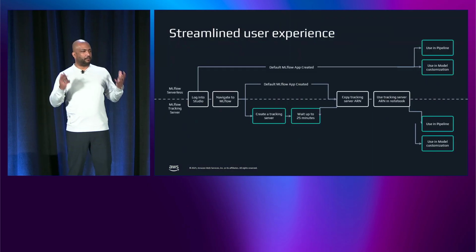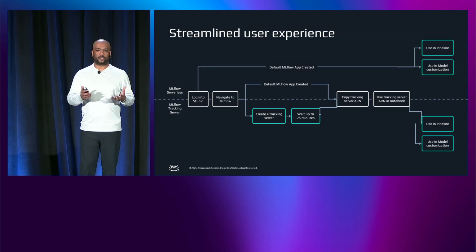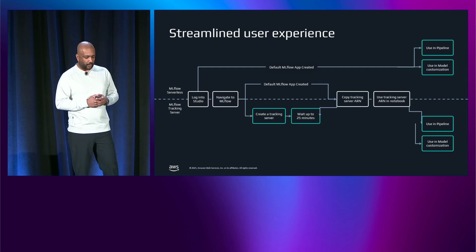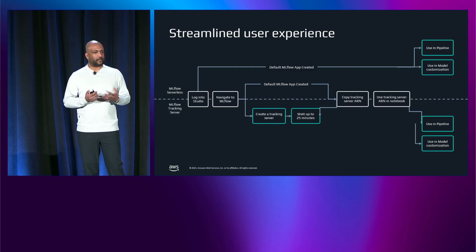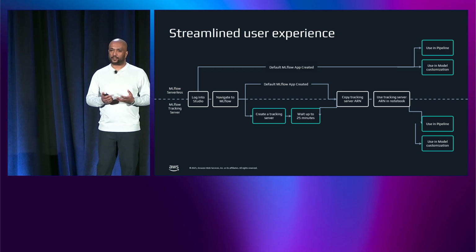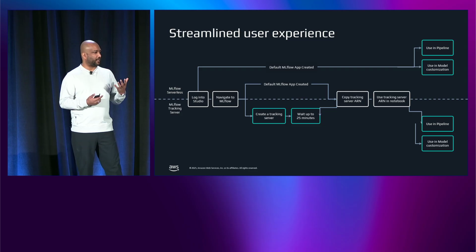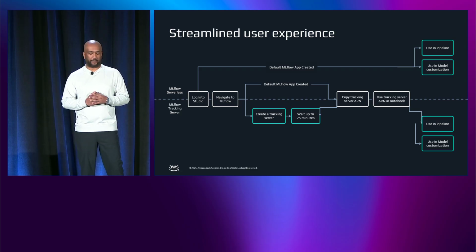So just to put that in perspective, you can see at the bottom here, this is our existing flow as it exists today. As a data scientist, what I would have to do is log into the studio, navigate to the MLflow page, create a tracking server, which could take anywhere from 20 to 25 minutes, a good cup of coffee or maybe a lunch. Later, I have my tracking server up. I then need to copy that and go to my pipelines, do the same thing, and model customization. It becomes a little bit more challenging. You can see that could take a while, right?